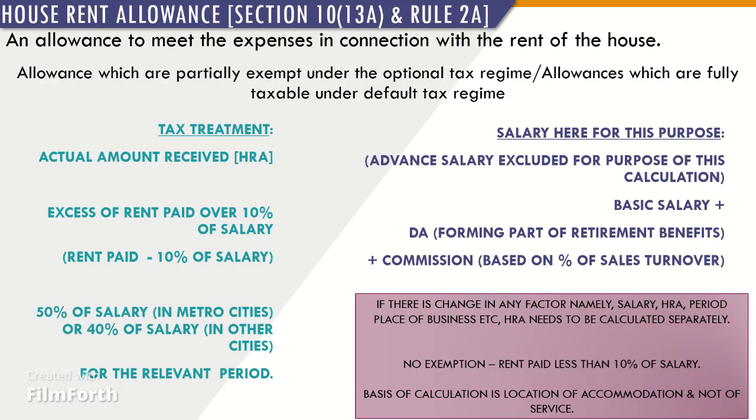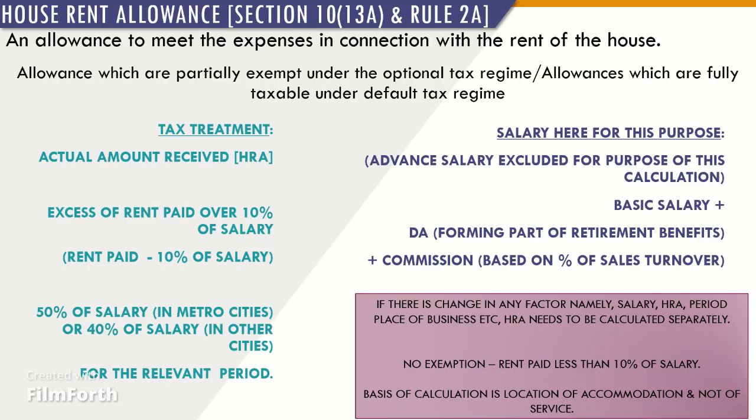If the employee receives HRA but does not incur any expenditure of rent on residential accommodation, then HRA received is fully taxable. Exemption is not available to an assessee who lives in his own house. The exemption shall be calculated on the basis of where the accommodation is situated. If place of employment, rent, house rent allowance, salary etc. is the same for the whole year, then exemption shall be calculated for the whole year.